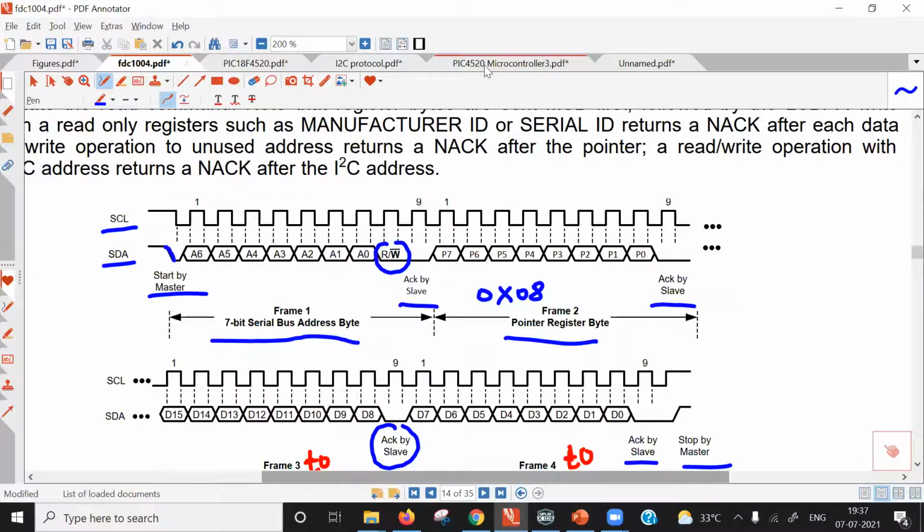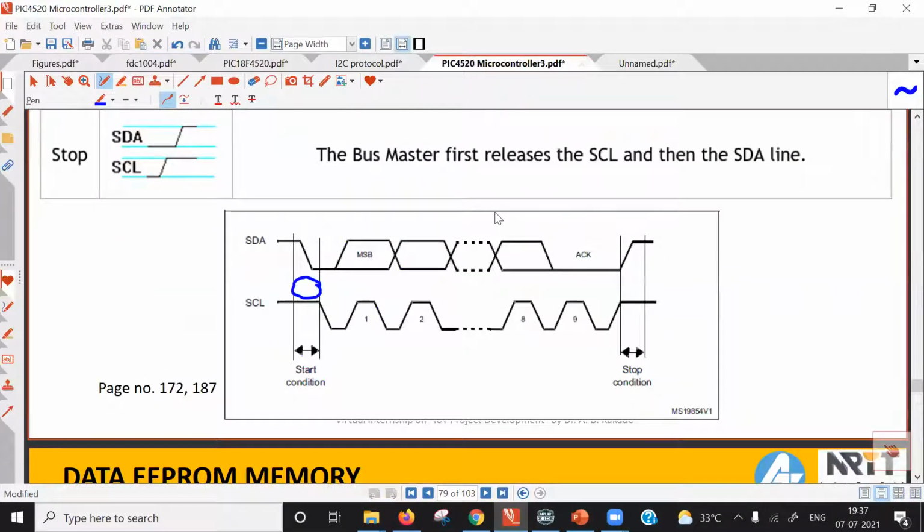And that change, let me open my file here. That change is only here. In the conventional condition, the SCL line goes high and the SDA line goes high later on. In repeated start, the reverse happens here. That is the only change. Some slave devices require this repeated start for multiple read operations. FDC1004 works on both conditions, the conventional start condition and this repeated start condition, for multiple read operations. You can use any one. In our case, we can use any one.